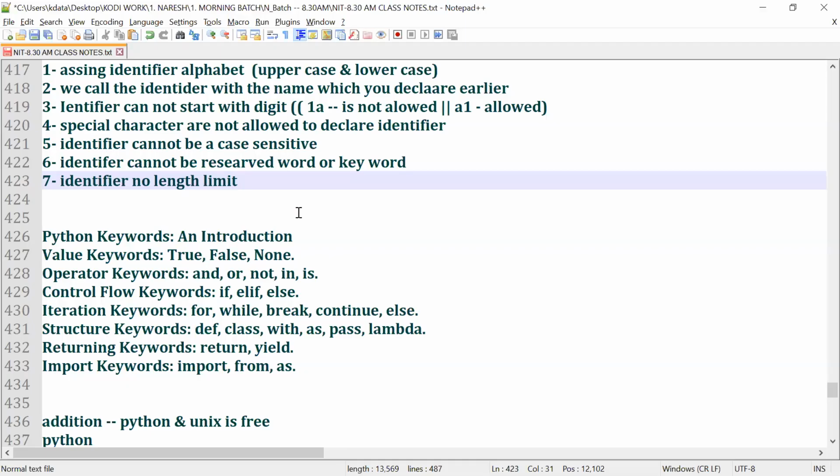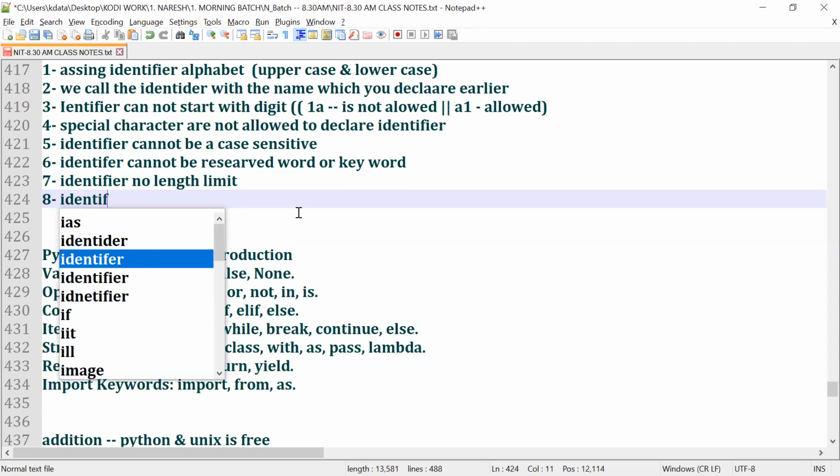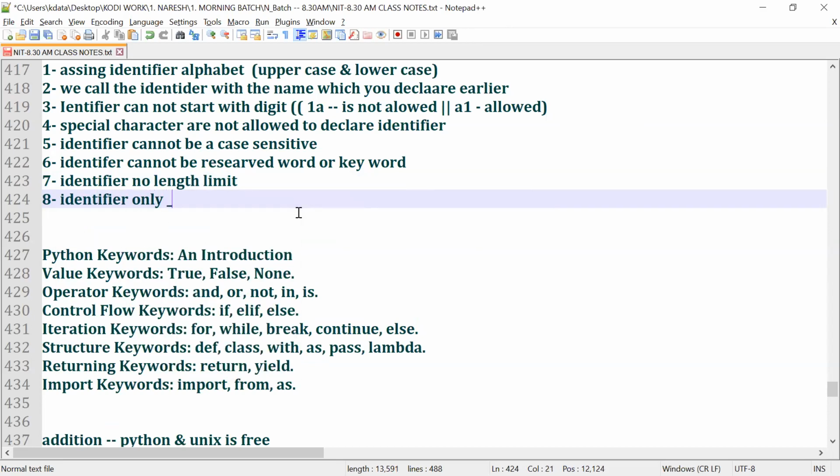Understand or not? Now the 8th rule is, in an identifier only underscore is allowed. Now you may ask a question, why only underscore, sir? Why not others? You need to go and ask Guido van Rossum, who is the father of Python. Why only underscore? Why not other characters, guys? Now, when you buy a car, why are black cars not launched?